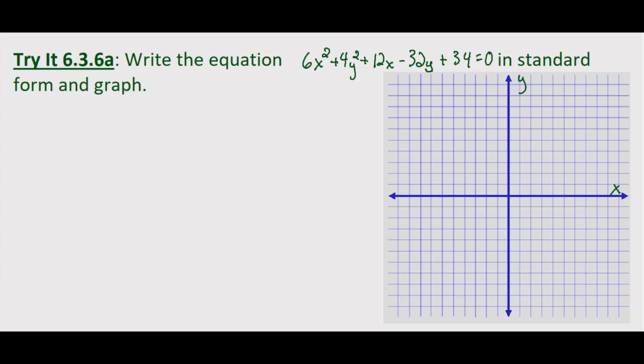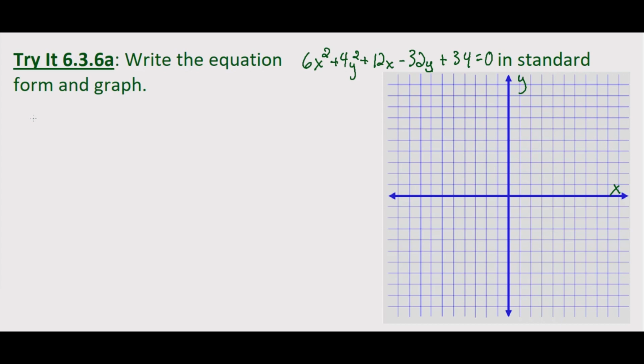Right, now we're being given the general form of the equation for an ellipse, and we're being asked to graph it after putting it into standard form. So how do we do this? Well, if you remember back to quadratics, we completed the square with whatever term was being squared. Well, now we're going to do that with both x and y because both the x and y variables are being squared. So let's group together first our terms that involve x and terms that involve y, and move our constant to